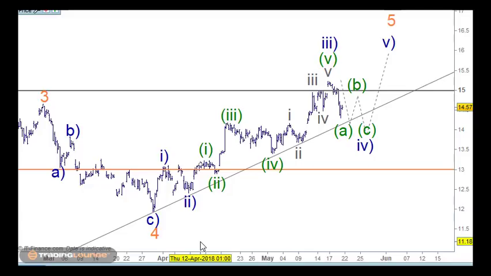On this 2-hour chart, from wave 4 here, we're looking at wave 1 and wave 2, and then all the way up here for wave 3 that's completed now. Then ABC for the 4th, then 1 and 2 and 3, ABC for 4, and up for 5 here. So we're looking at wave 3, and then we'll look at wave 4 and then wave 5.